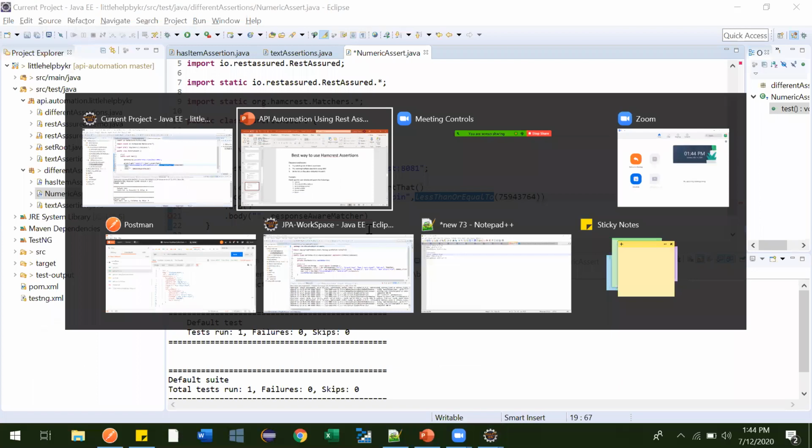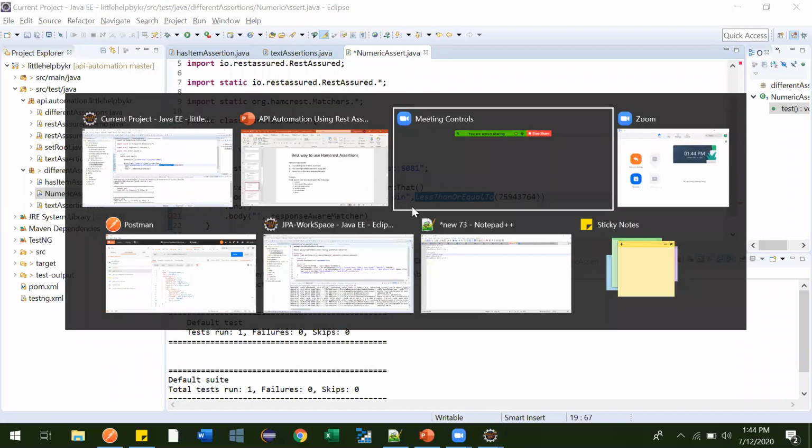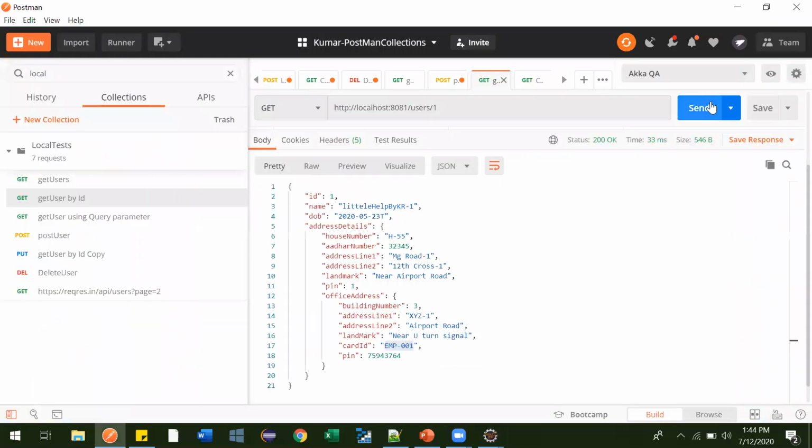Our requirement was to fetch the cart id first. To reach the cart id, we should use dot notation: address details dot office address dot cart id.